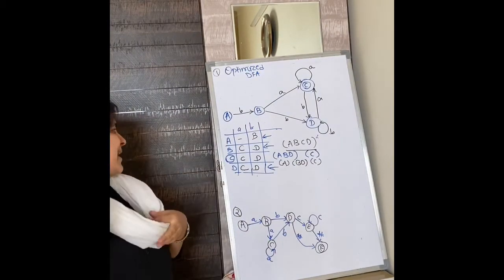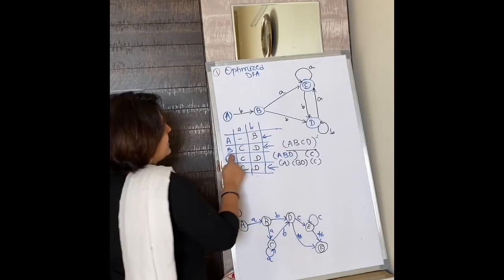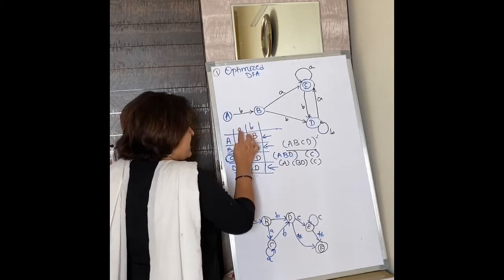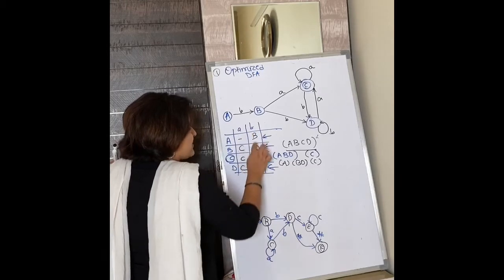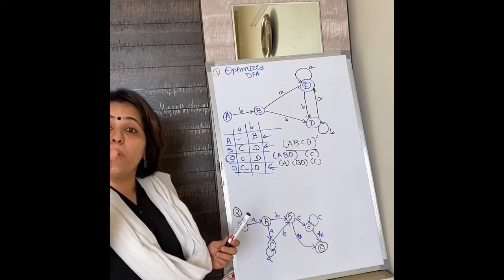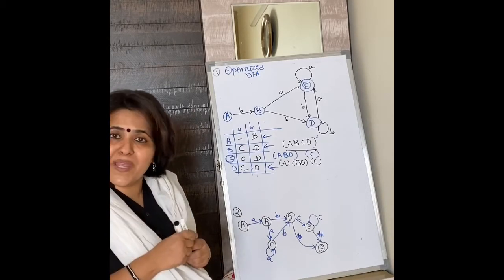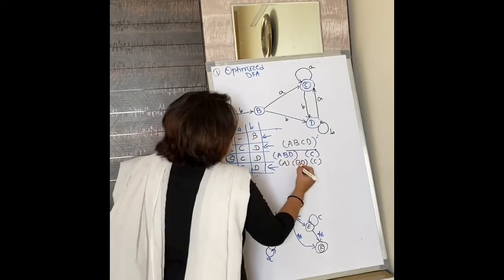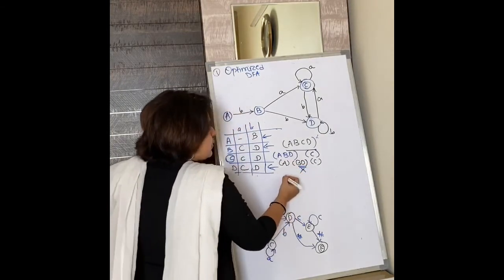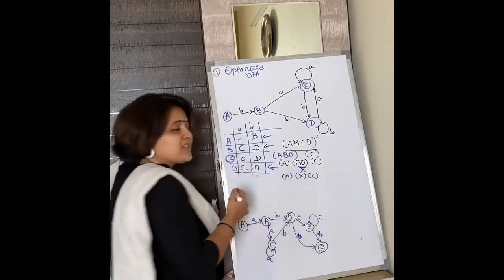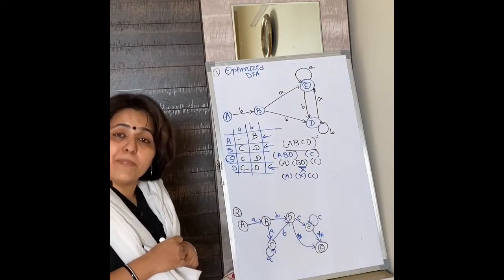Now if you compare B and D, you can identify that B and D both provide you same information. For the same input symbol, you reach the same sets. Means B and D are logically the same set. We need to merge them. So how to merge B and D? What we can do is we can give a new name to them. Let us call this X. So what we'll have now? A, X and C. There are three sets we will end up having in our optimized DFA.